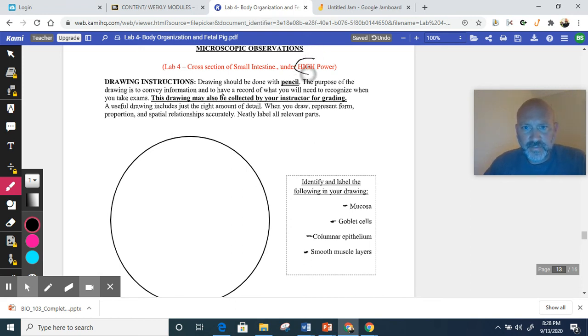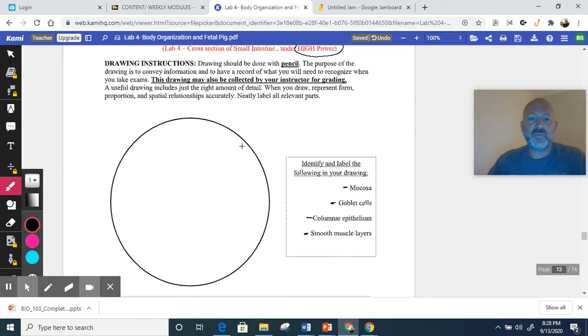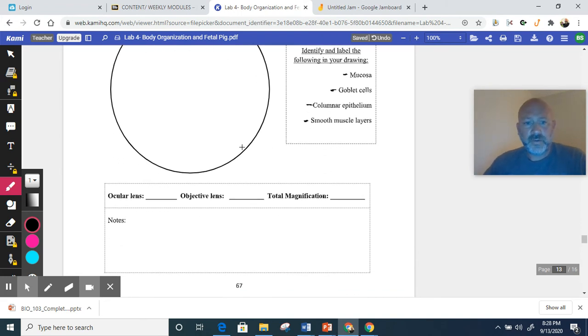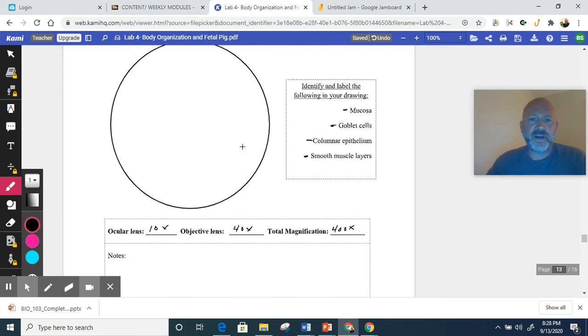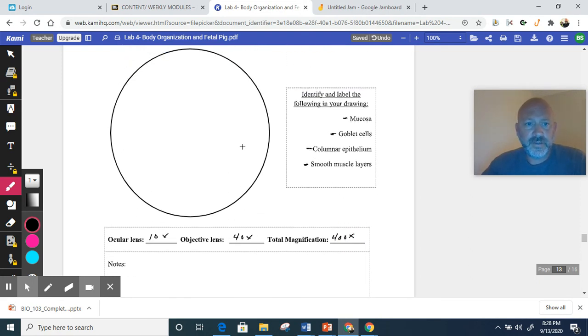Yeah, it says it right here. So when we're using high power, remember the eyepiece is 10x, the objective lens is 40x, total magnification is 400x. Keep in mind the field diameter. What does that mean? That means the distance from here all the way across to here